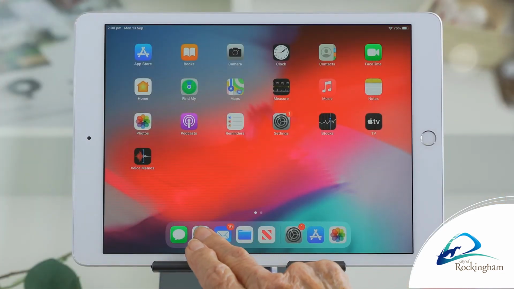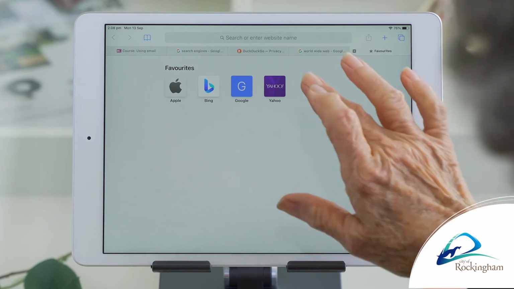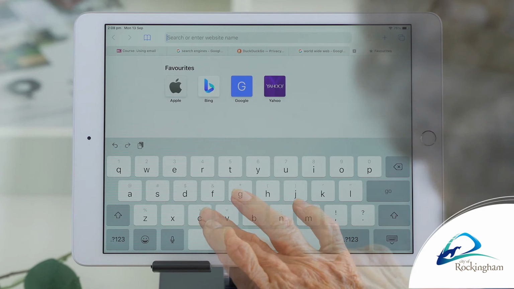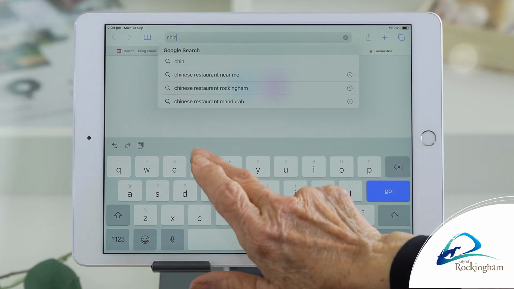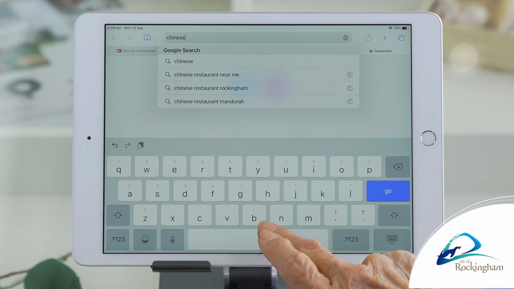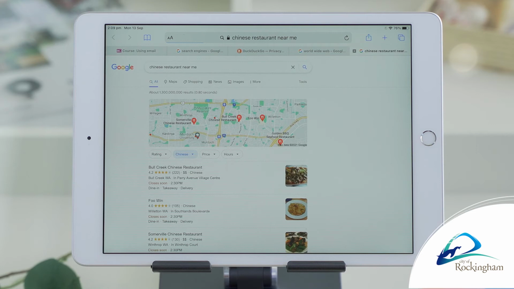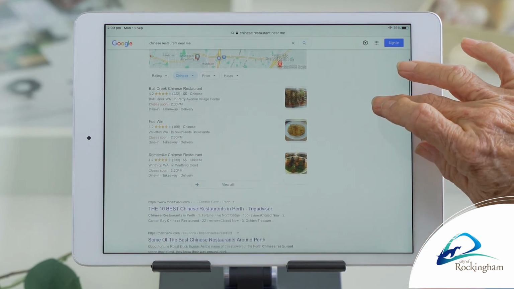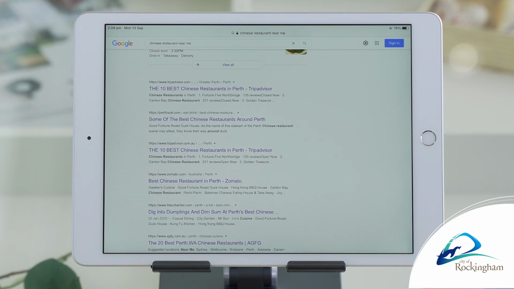When you open up Safari, if you know the web address of the website you're looking for, you will put that in. There's a white bar at the top, and you will put that in. But if you don't know and you've just got a general idea about what you want, you can put in a keyword that will help you to find what you want.